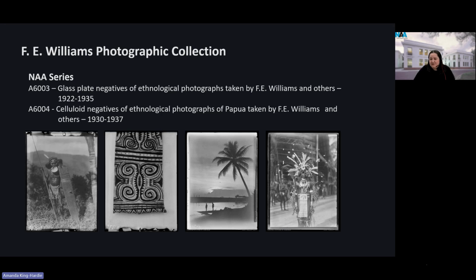His photographs cover many aspects of the life of PNG community, and are a rich and unique resource of great significance to the Asia-Pacific region. This was recognised by their inscription on the UNESCO Memory of the World Asia-Pacific Register in 2012. There are 2,000 negatives in total from this collection, dispersed across the NAA, the South Australian Museum, and the National Archives of Papua New Guinea. These 2 series were digitised and are available to view online on our record search database. Now that's it for the main part of our NAA presentation.